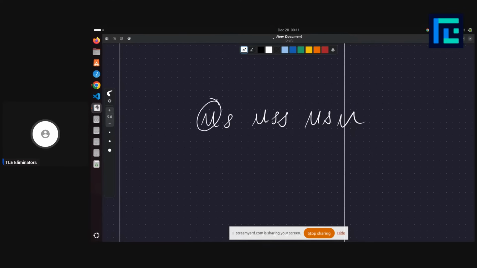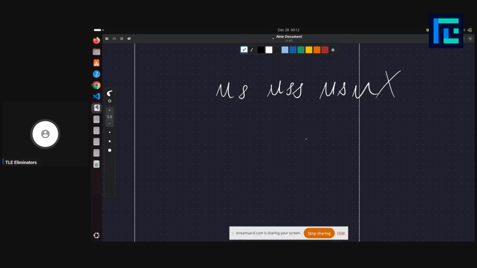Okay. So we want to figure out what is the minimum number of U that we need to change so that the string becomes suspicious. Okay, fine. So what can we do? Now just look at this problem carefully. Okay, so if you break it down, what I'm saying is, if you look at the definition of this suspicious string, you can actually simplify it. Okay, so basically it is that